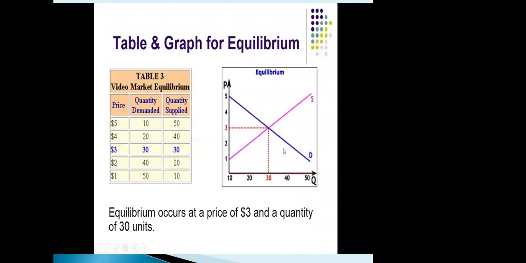Now look at this graph. Just go through this graph. I will explain you. So the market equilibrium graph is here. Just look at the table. I have taken prices, quantity demanded and quantity supplied. यानी supply, demand and prices are there in the table. So let us see. For example, I have kept